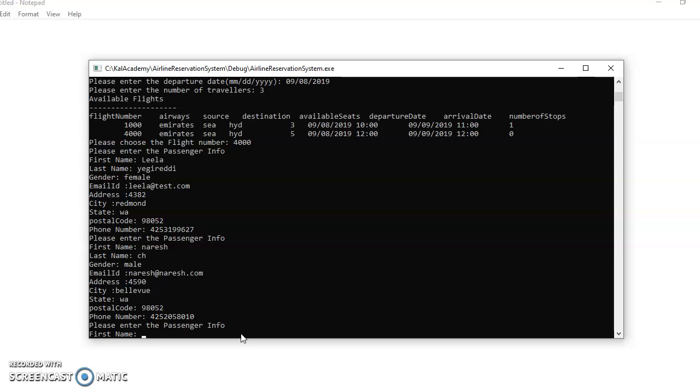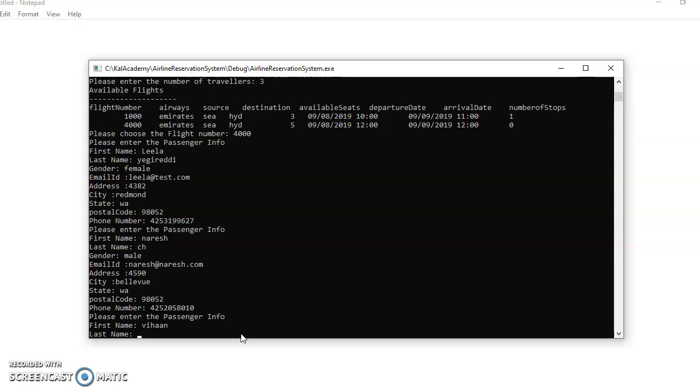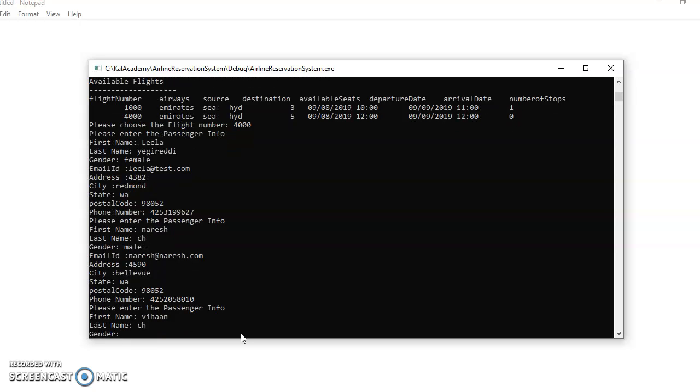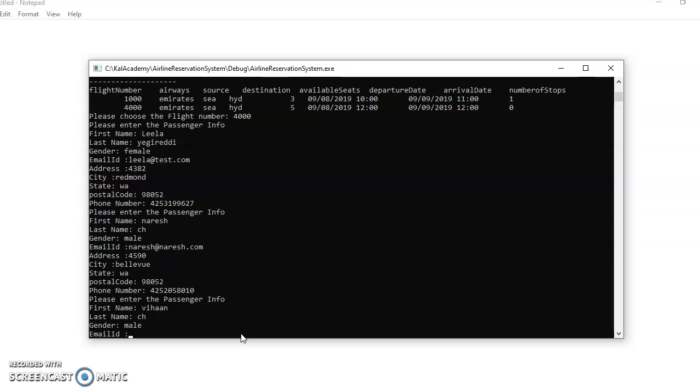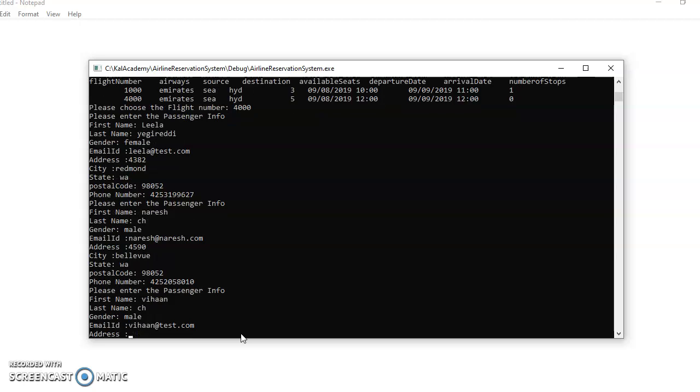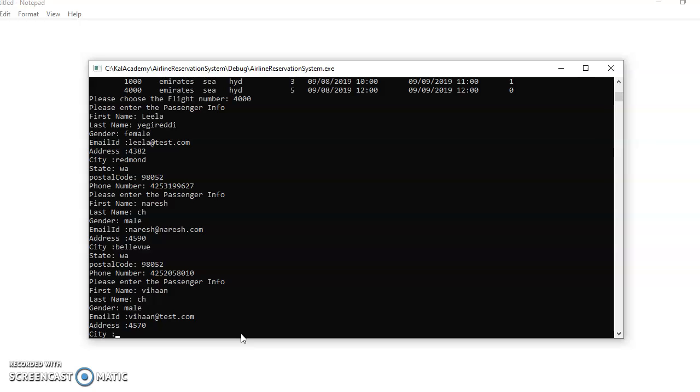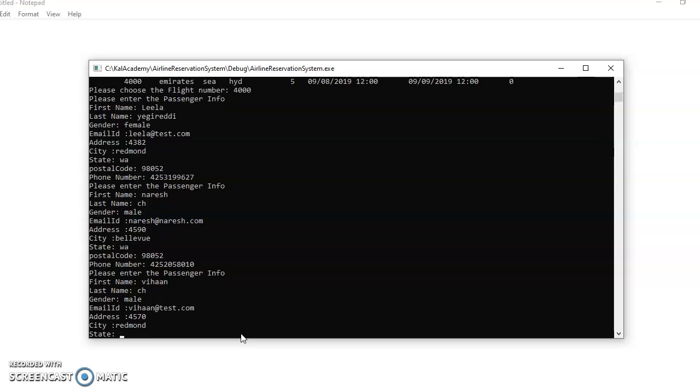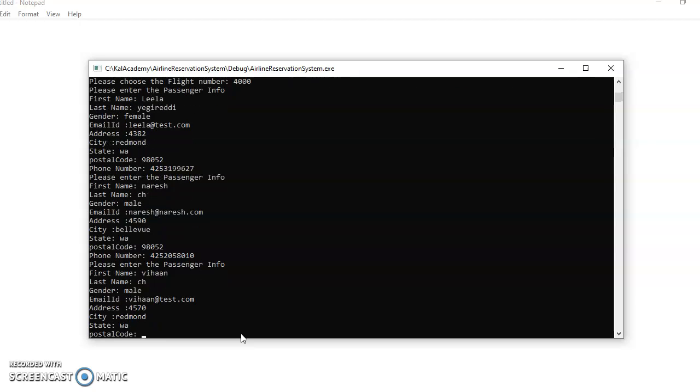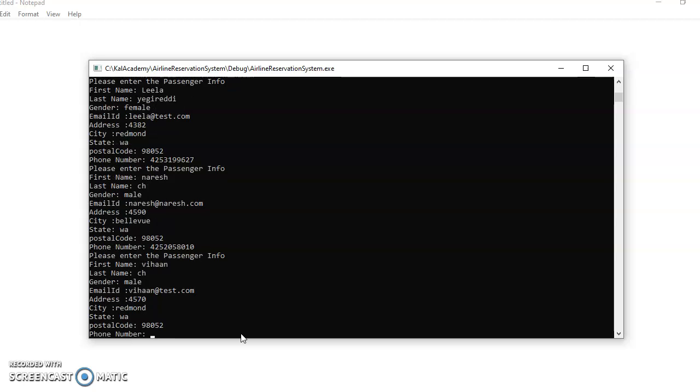Done. So we are booking the 3rd ticket now. So suppose it's Vihan, last name CH, gender male, email ID vihan@test.com, and then address some, and this is again Redmond, and then state Washington, postal code 98052, and the phone number